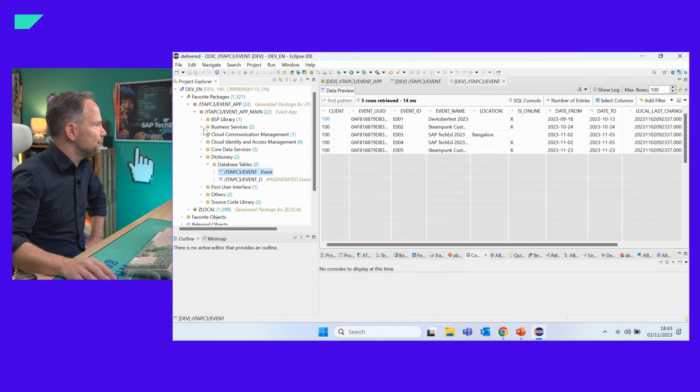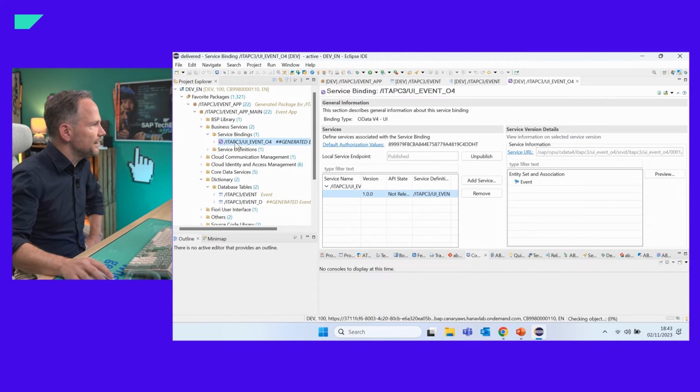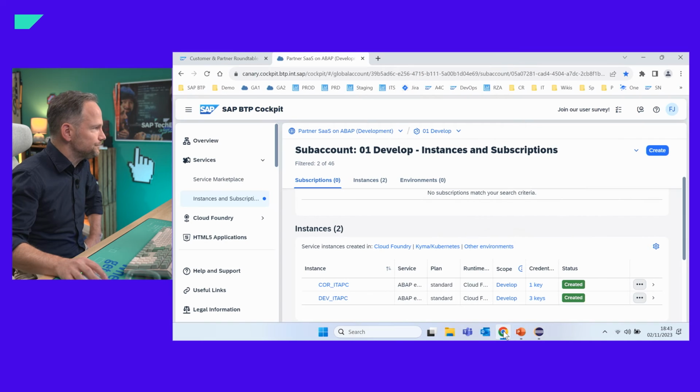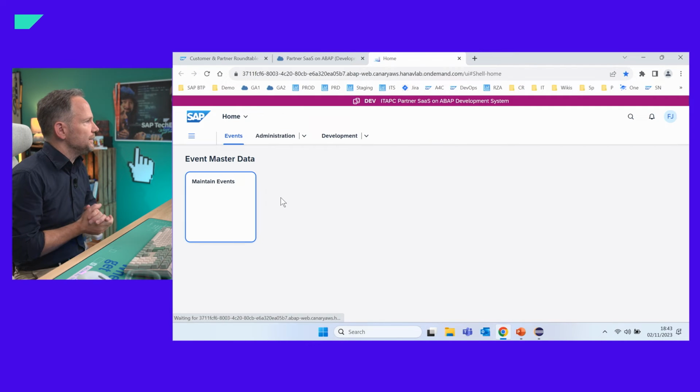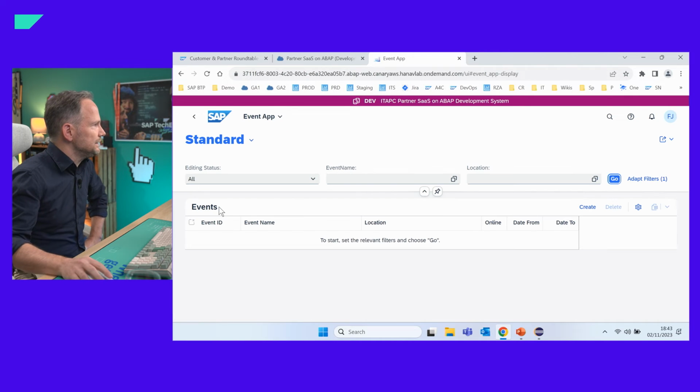With the help of a generator, I can generate all the required objects to create an OData service based on this database table. I could open the preview, but I skip this one because I even created a tile for my app, and this is my app.